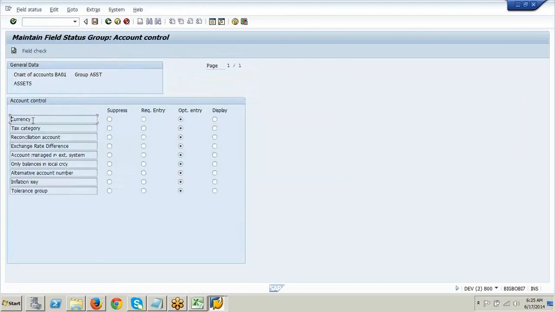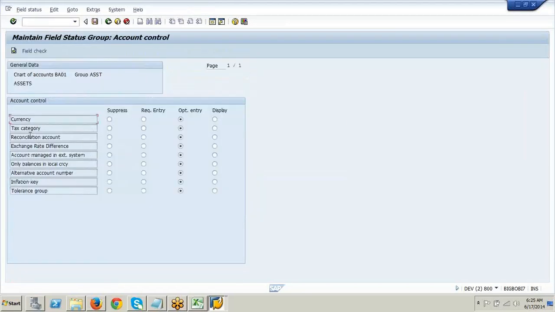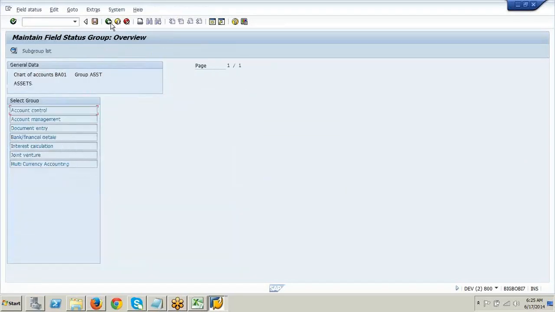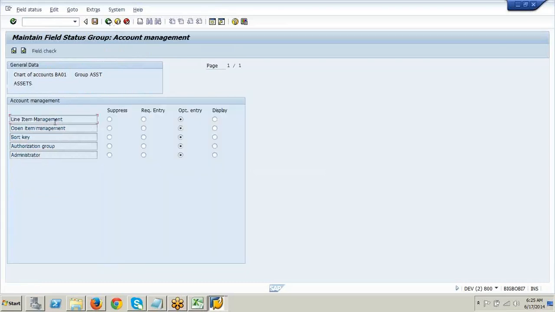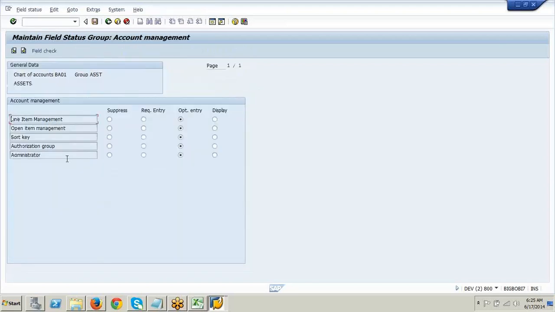Account control, currency, tax category, reconciliation account, right? Similarly, I'll go to this account management. See, it has given line item, open item, sort key.